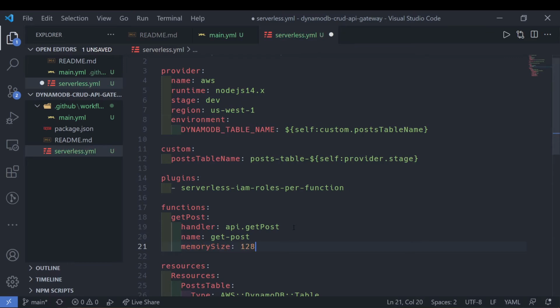We also want to specify the memory size, because the documents we'll be working with today are going to be quite small. I'm just going to use the minimum value possible, which is 128 megabytes, and I'm also going to specify a timeout of 5 seconds. Awesome. All right, so the next thing we want to specify is the event triggers,